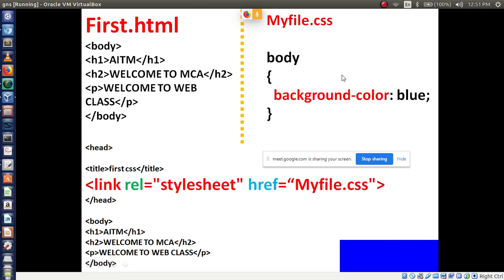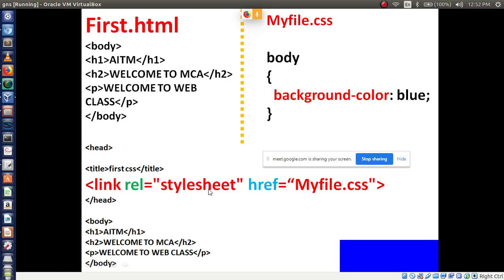Now after writing this, come to our main HTML. Here in the head section, you are using the title tag. After the title tag, in the previous example you used the code directly here, but instead of using the whole code here, we just use this line. It says link, link relationship. What kind of relationship? Style sheet.